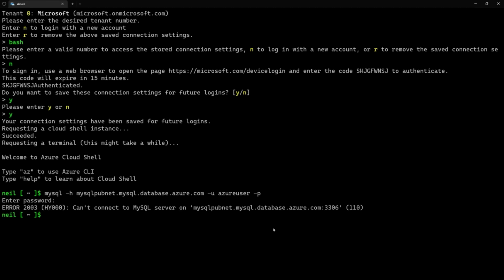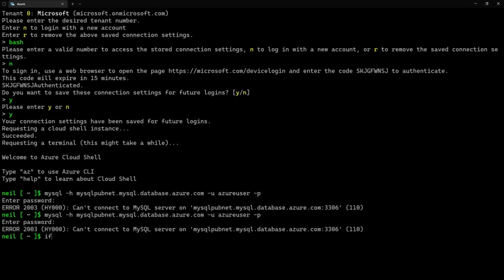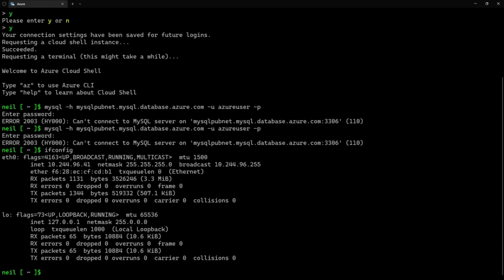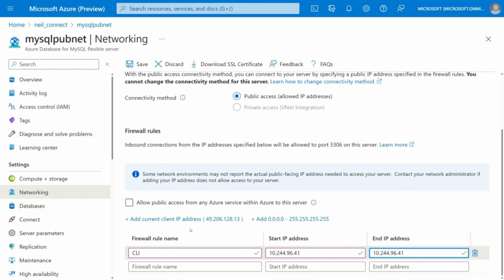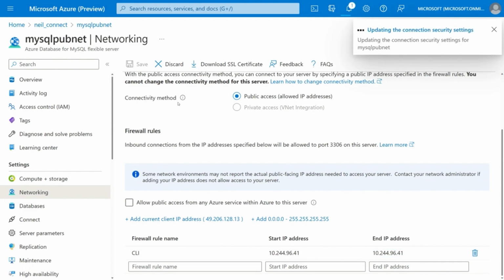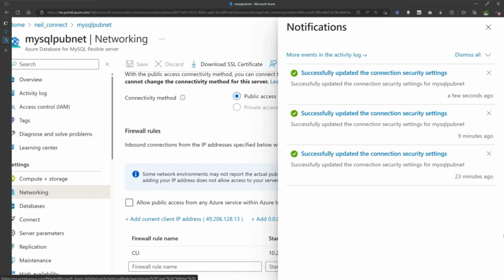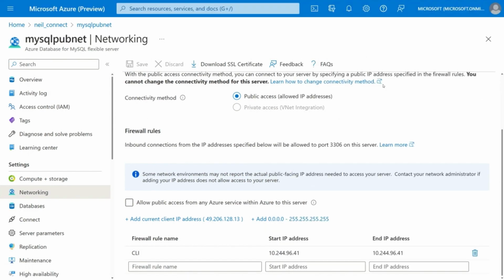Okay, so we got this error, can't connect to the MySQL server. Let's see why that is. So if I do ifconfig, I can see the IP address is different here for this Azure CLI session. So in the meantime, I will also add the IP address of the Azure CLI into the firewall here. Okay, this is updated. Now if I go back,